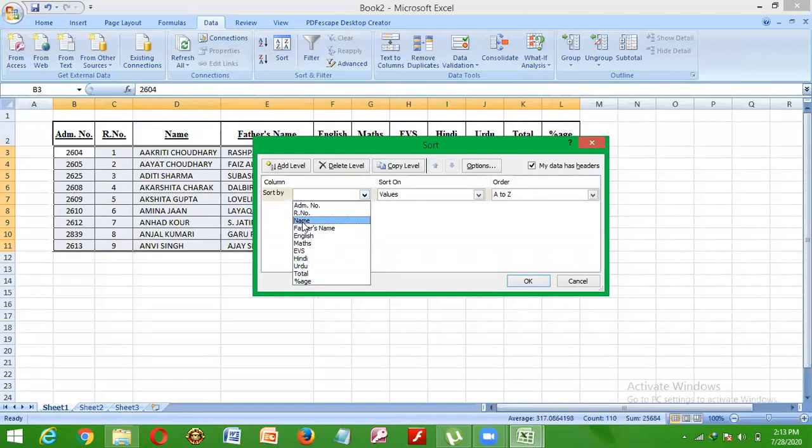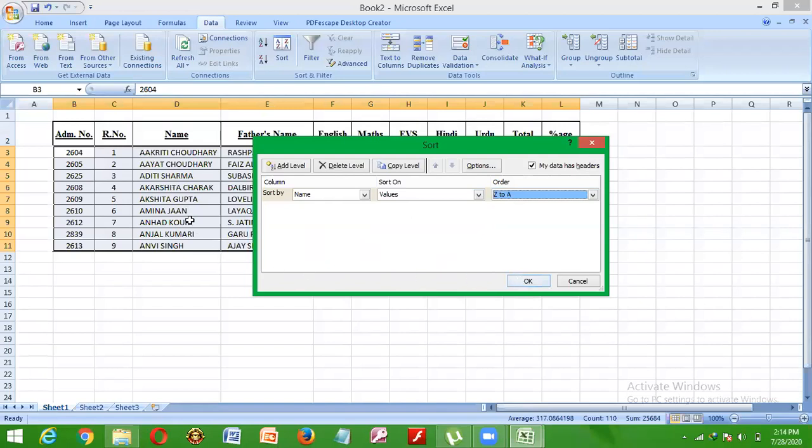For example, I'll select name. It's already fine. Why name? Because that is the main thing we go for alphabetically. Then Values, cell color, font color, cell icon. Then A to Z, or Z to A, because it is already alphabetically arranged.